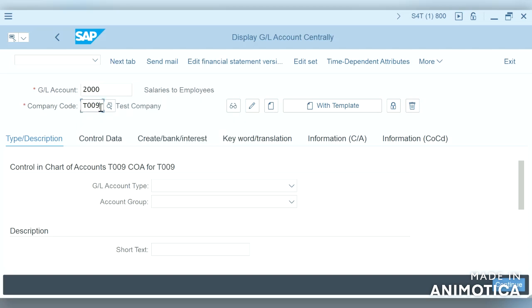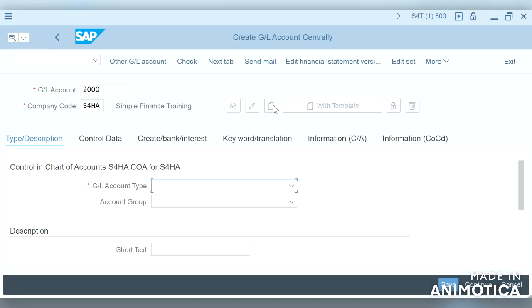And in our company code we create it, and GL account type, this we have already discussed. What is the main purpose of all these four? This is for balance sheet, these two are for P&L, and this is for secondary cost elements.